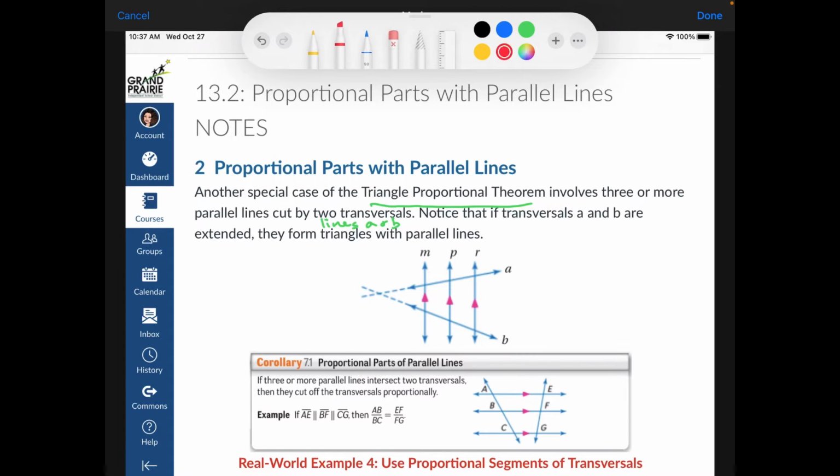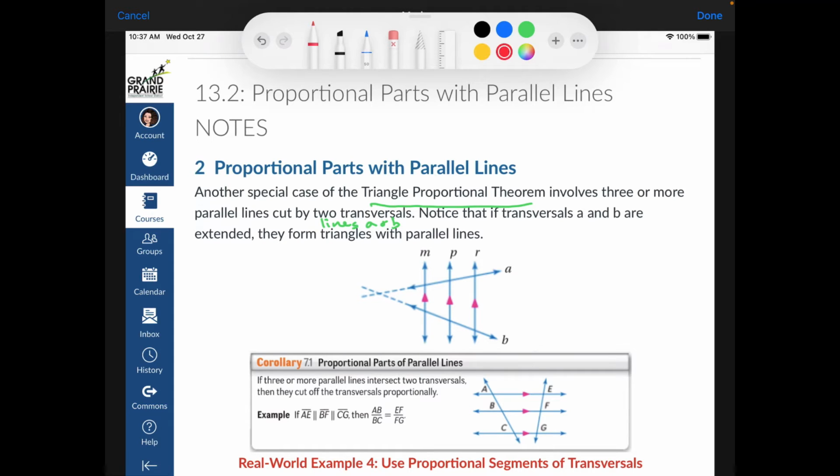Actually, they form 3 triangles, and I'm going to show you. We've got the big one right here. We've got the medium-sized one, and then we've got the small size. And so all of these triangles are similar to each other because they share 2 angles. Remember, if we have parallel lines, we've got corresponding angles here, and these corresponding angles would be congruent. So they have 2 pairs of angles that are the same, which by the angle similarity property makes these 3 triangles similar to each other. Keeping that in mind,